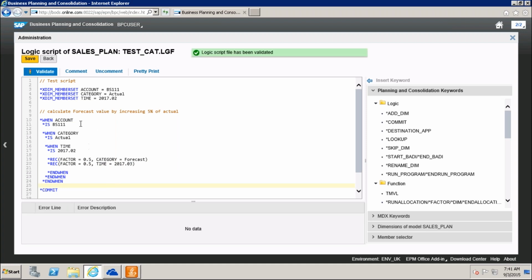So now my script is validated. So I'm going to save this script. Yes, it is fine.